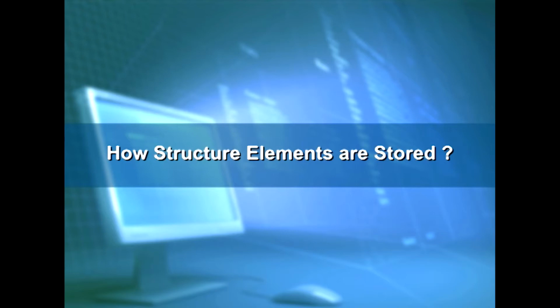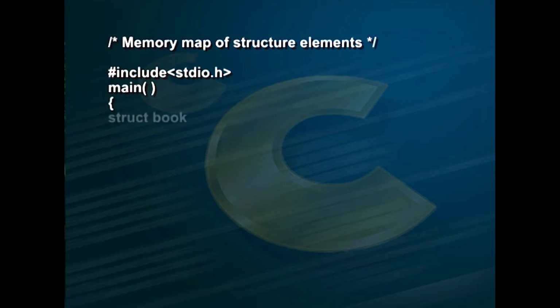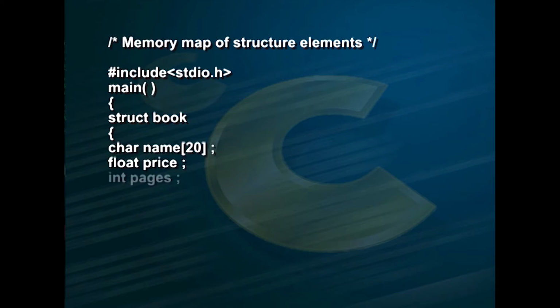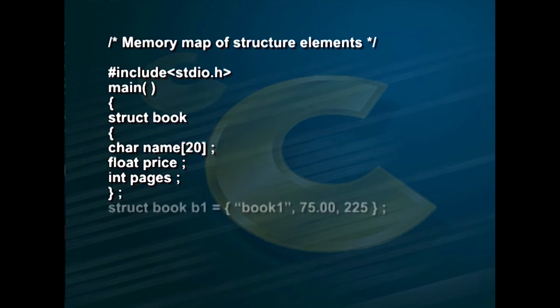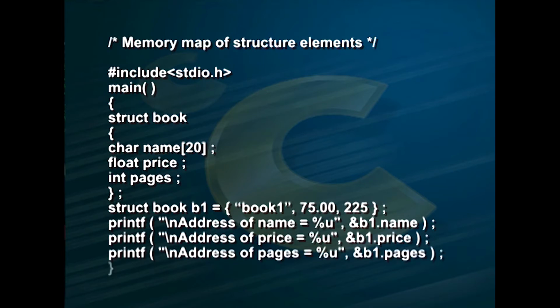How are structure elements stored? Whatever be the elements of a structure, they are always stored in continuous memory locations. Let me now illustrate the concept using a simple program. Memory map of structure elements. #include <stdio.h> main() { struct book { char name[20]; float price; int pages; }; struct book b1 = {"book 1", 75.00, 225};